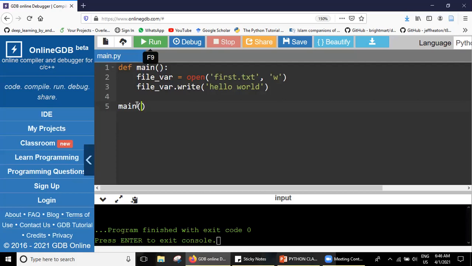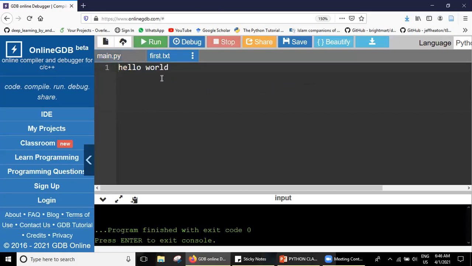So what we did is define a main function, and inside it we are saying, please create a file and write something to this file. After that, we are calling main. The main function also needs a call like the other functions in Python. Now I run this code, and this time also I got the output.